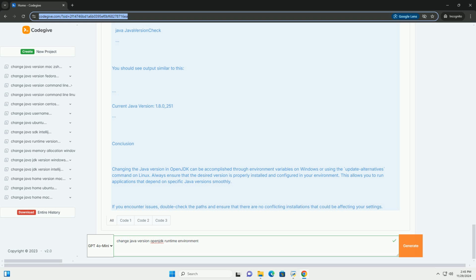The output should reflect the newly selected Java version. On Windows, 1. Set the environment variable. You can change the Java version by modifying the JAVA_HOME environment variable. Right-click on This PC or My Computer and select Properties. Click on Advanced System Settings. Click on Environment Variables. In the System Variables section, find the JAVA_HOME variable and edit it to point to the